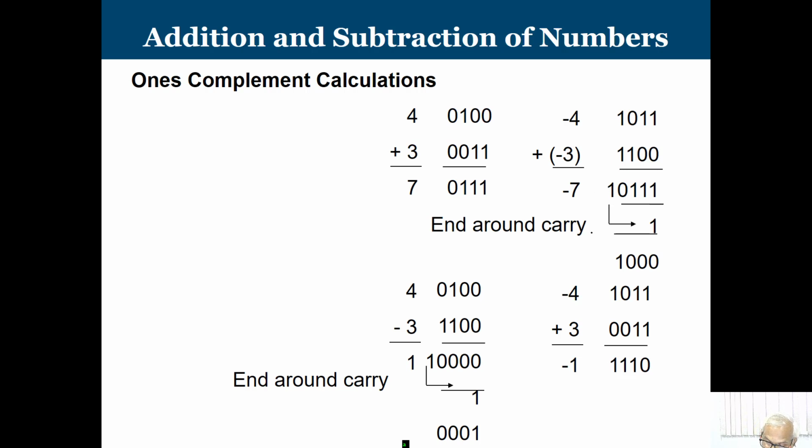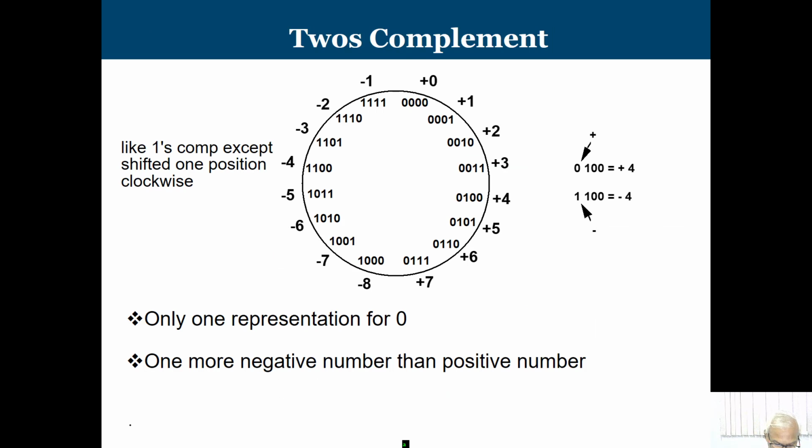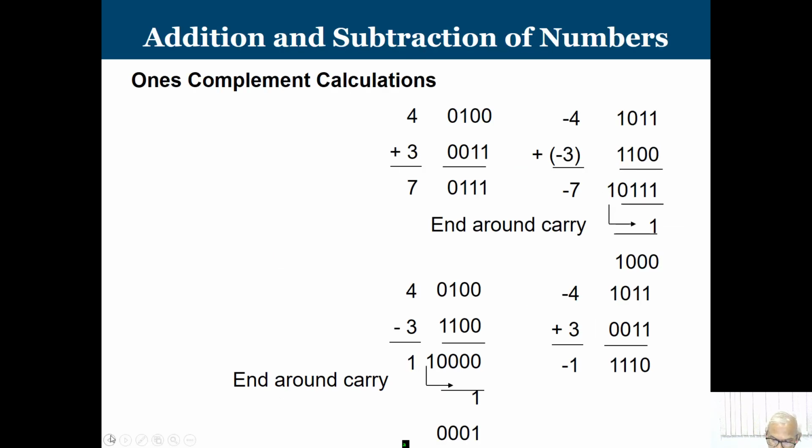So, this carry out has to be added over here as an end-around carry. So, I am going to get 1 0 0 0, and 1 0 0 0 is going to represent minus 7. You just see this particular symbol, minus 7 is your 1 0 0 0. In this particular case, up to 7, then it will be minus 7. Okay. So, this is the way that we can say, and it is going to work with everything.